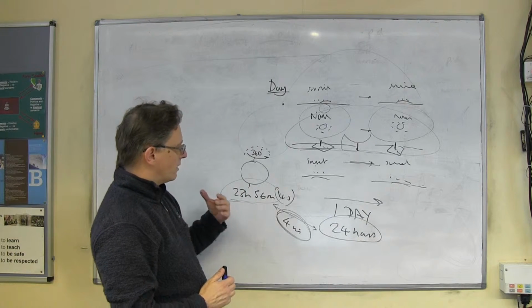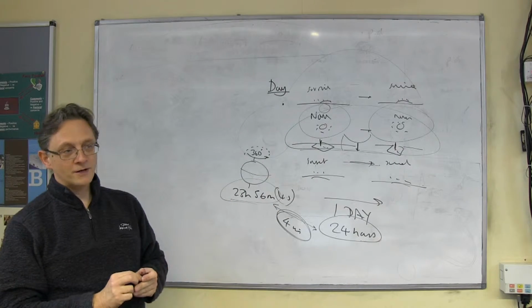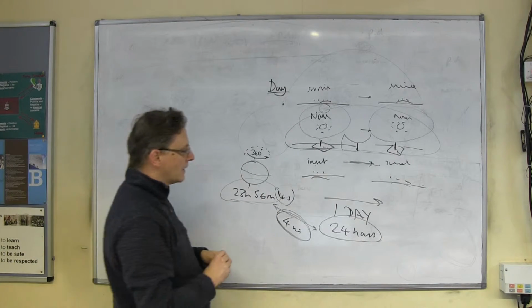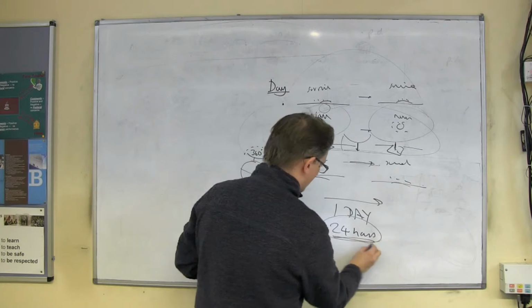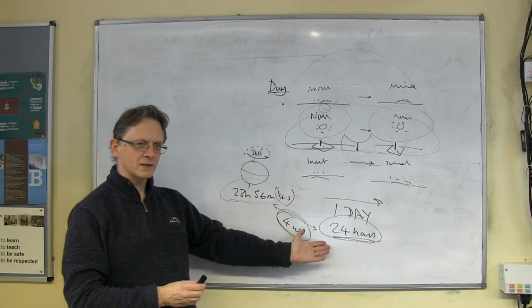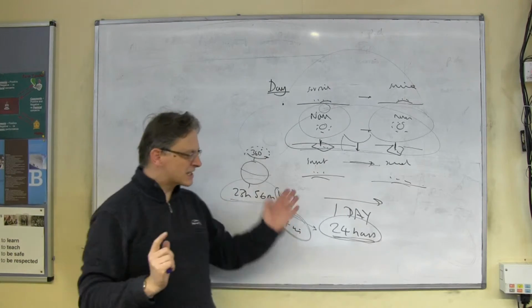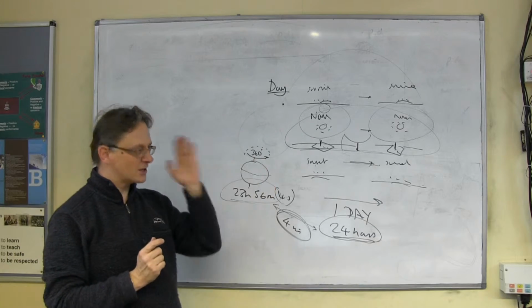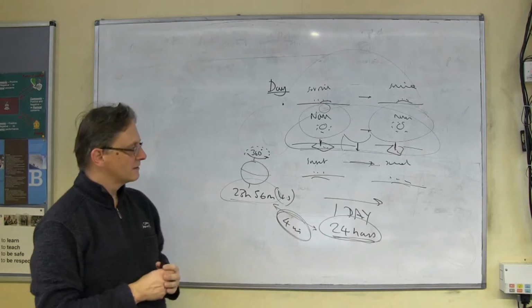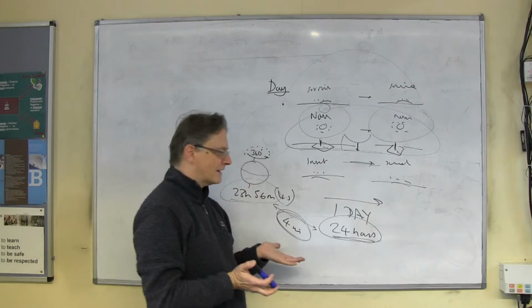If you could, and we can't very easily, zoom out and look at the Earth going round, you would get this 23 hours 56 minutes. Now let's clear up a couple of mysteries. How on earth can that be exactly 24? Surely that's a miracle, isn't it? How is it that the sun in the sky takes exactly 24 hours to the nearest billionth of a squillionth of a second? How does that happen?